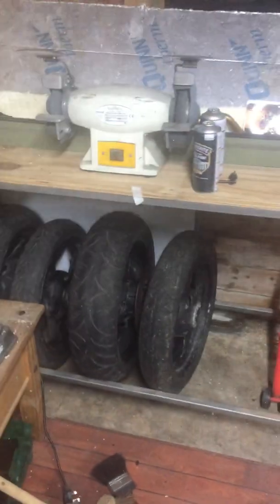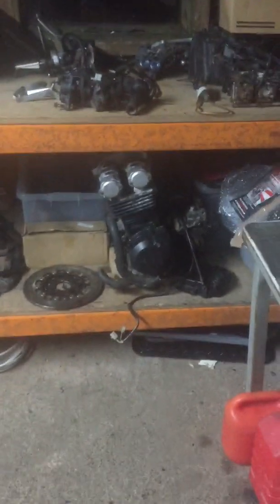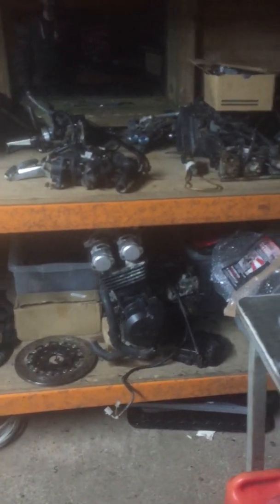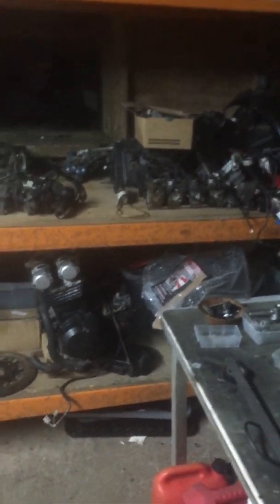Yesterday we have two. If you look in there, on the middle shelf, there's the remnants of a parts bike, which had a similar backstory, but the difference is that it was even worse. It was a newer bike, but my God, the corrosion on the top of the gearbox and everything, that bike was just beyond saving. The frame was completely rusted out, so another shame. But look, it dies, so that our lovely black 99 gets to die another day. So here's the engine from that bike,